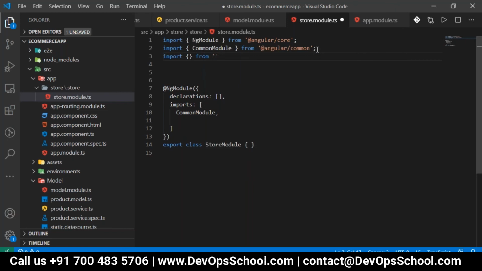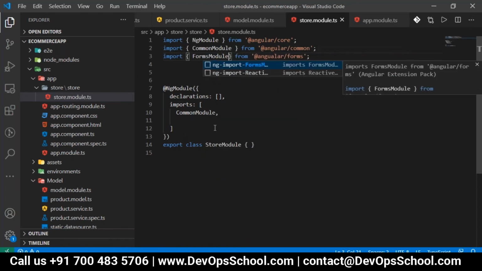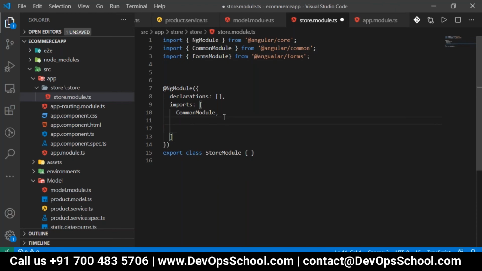We want BrowserModule, which is from a library, and I want Angular forms, the FormsModule. Then I'll import the FormsModule here. And then I want the data to be taken.